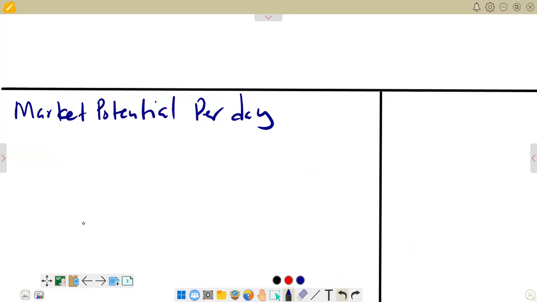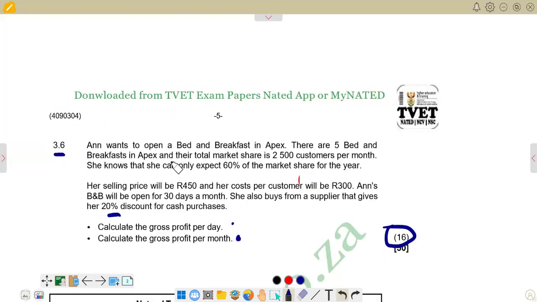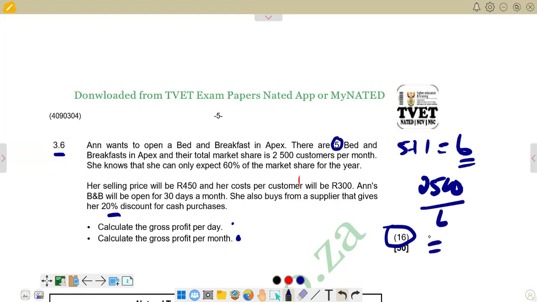So we can go back to find out how we can find that market potential per day. If you come here, we are seeing that there are 5 beds and breakfast in Apex. It means we already have 5 in the market. And if Anne comes in, we are going to have 5 plus 1, which is Anne, and it becomes 6. So we now have 6, and they are going to share 2,500 customers per month. So we divide 2,500 by 6 to find our